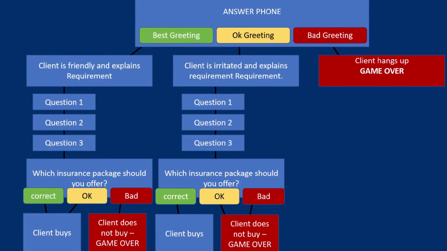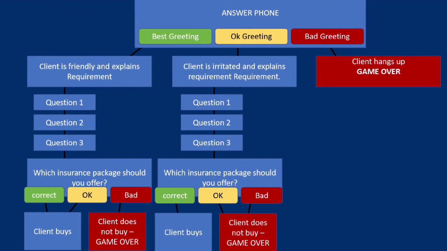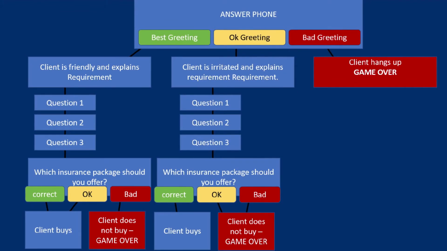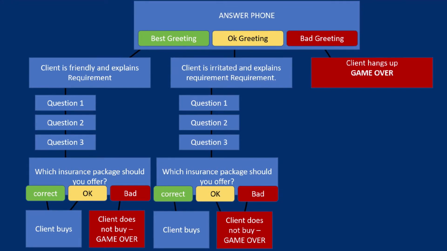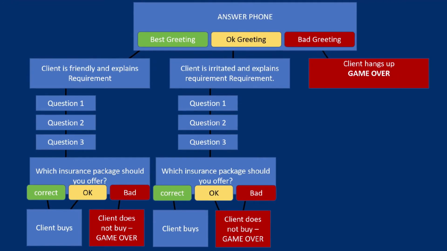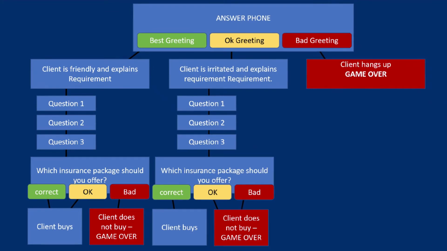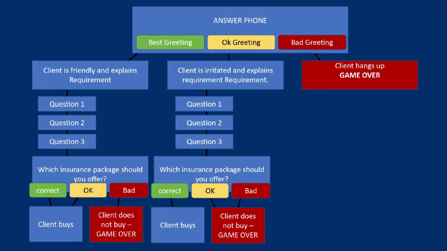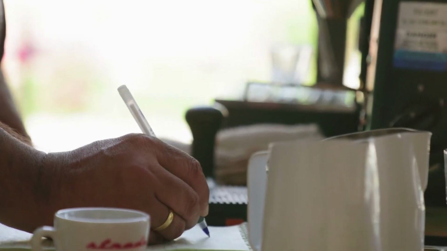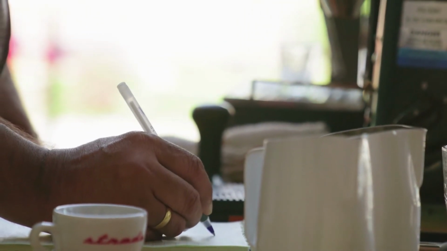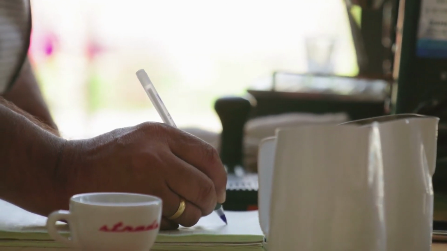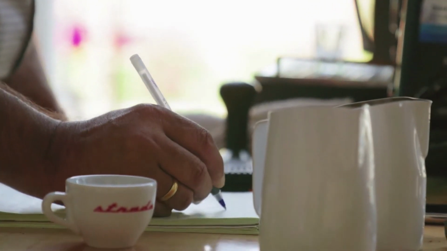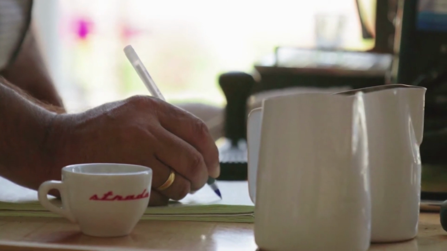So, what do you need to make a branching scenario? First, as always, you need a good plan. You'll need to create an overall layout of your scenario, essentially a spider map showing how each scene leads into the next. This would be a brainstorming session with you, the subject matter expert, and some good old pen and paper. Next, you'll need to create your storyboard or script for each scene. What will the customer say in each scene? What is the exact wording for your response buttons, etc.?